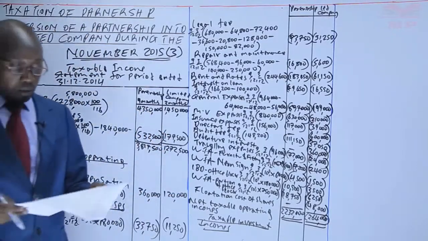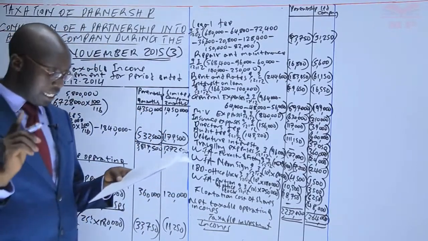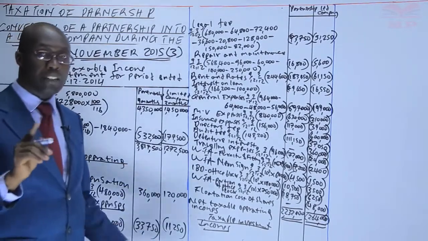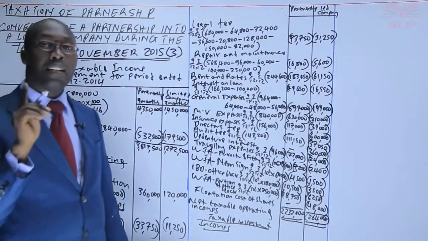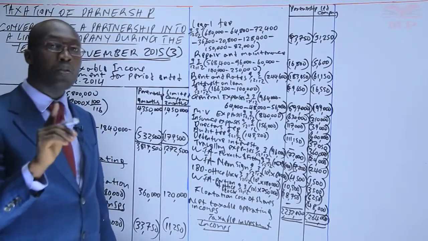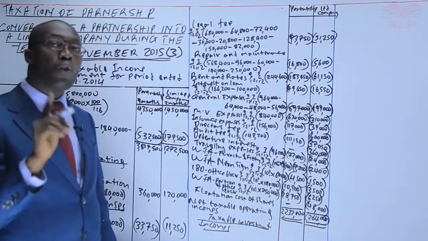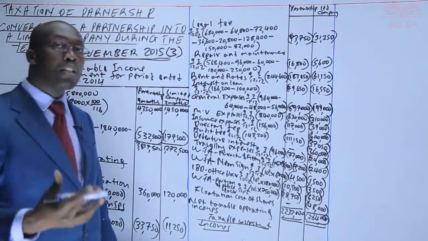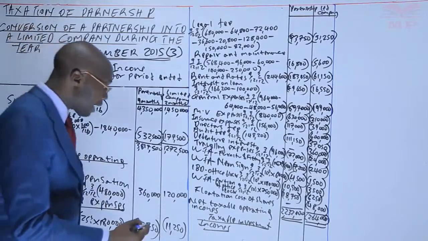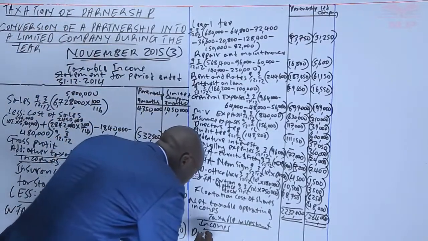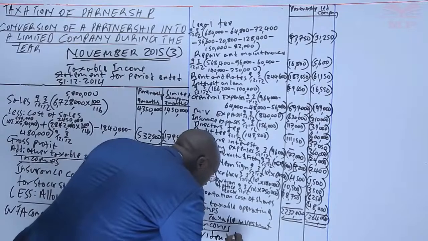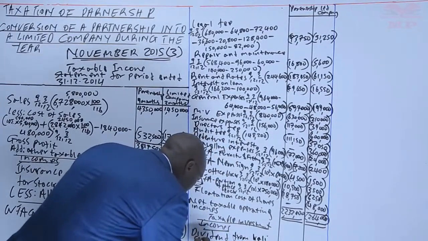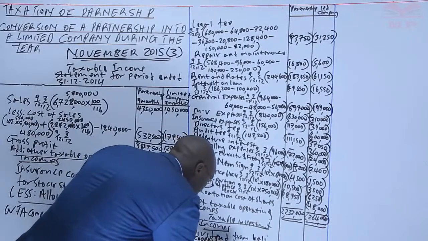For this question, we only had one investment income. In our income statement, the last income is dividend from Kali Cooperative Society, where we said if a company or a person gets dividend from a cooperative society, the withholding tax is not final. We said it's a non-qualifying dividend, that we should tax it further. So we come and now post it here. We have dividend from Kali Cooperative Society,